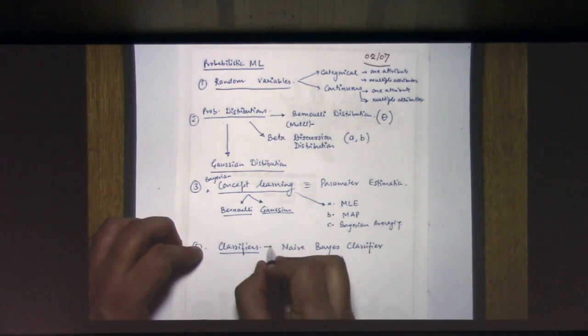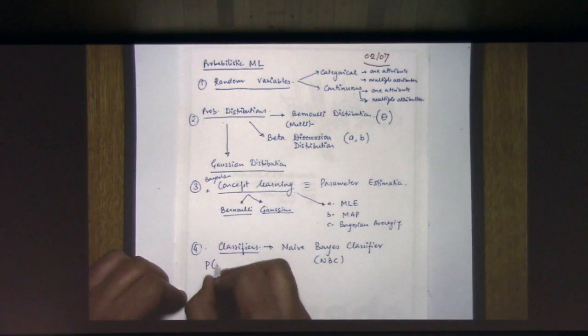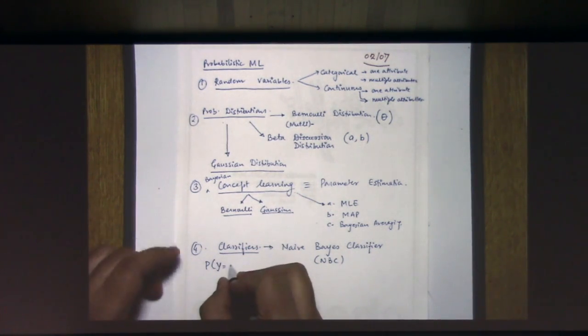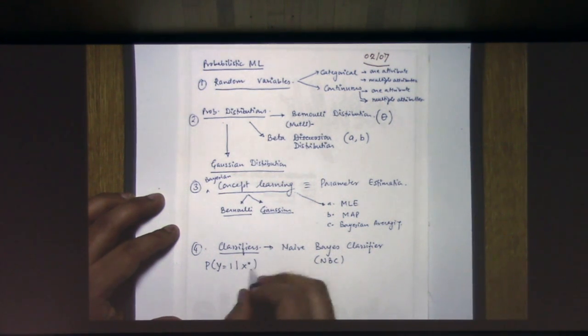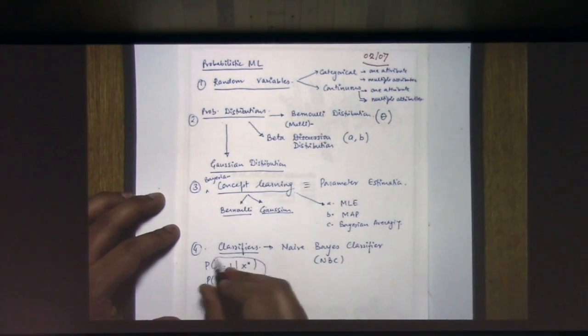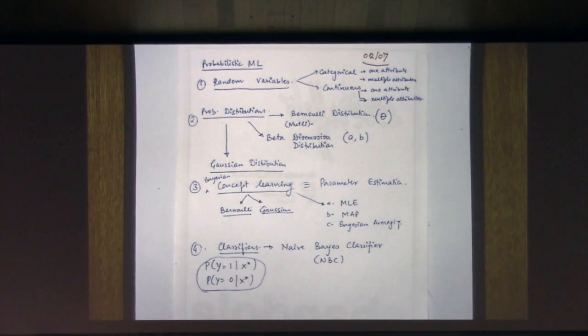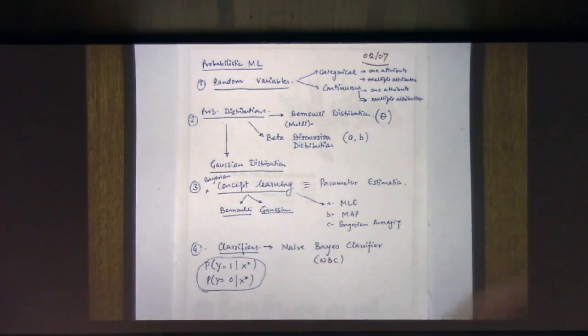Right, which essentially makes certain simplifying assumptions and then builds a classifier which can give you the probability of class to be 1 or one of the classes given your training data, and the probability for it to be the other class given training data. So that's the basic step of a classifier, right? So it can give you these two probabilities, and using that you would know which class it is more likely to be. So that is the notion of classification, and we have looked at one classifier, naive Bayes,